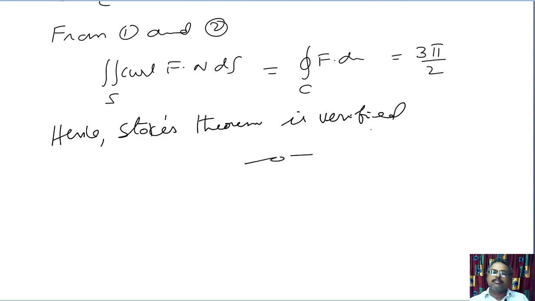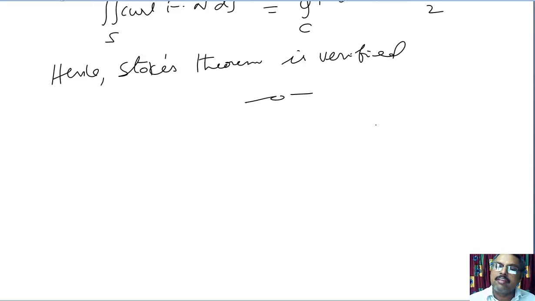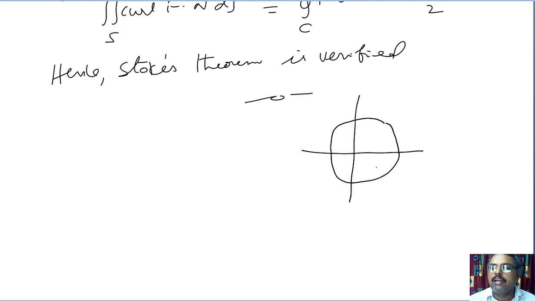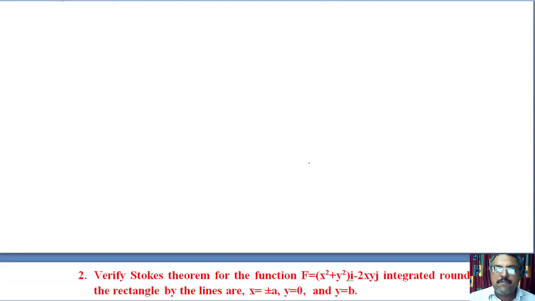A very simple question. In this problem, a circular disc is given, which lies in the xy plane. The curl over this entire surface is the same as the integral of F dot dr along this curve, the edge. So the surface integral of the curl inside is the same as the line integral along C. This is a very simple and most important concept.